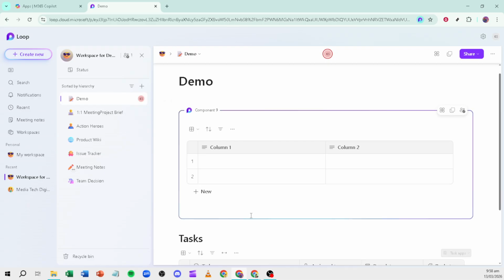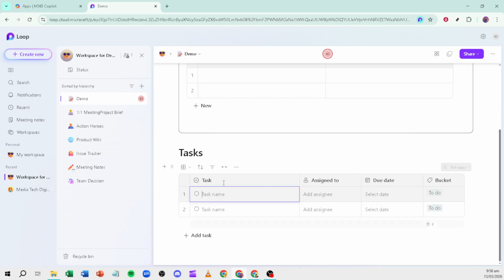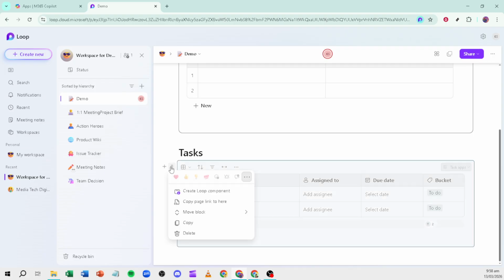To collaborate beyond Loop, copy any table or list as a Loop component and paste it into a Teams chat or an Outlook email. It stays live. That means updates made right in the chat sync instantly back to your main project workspace, keeping everyone aligned without